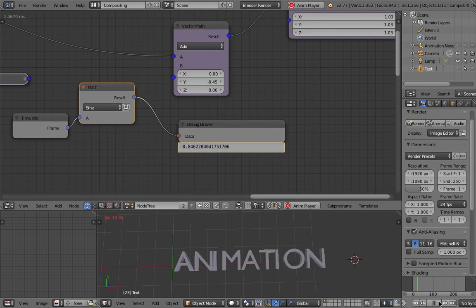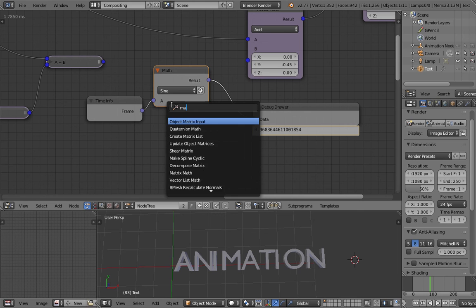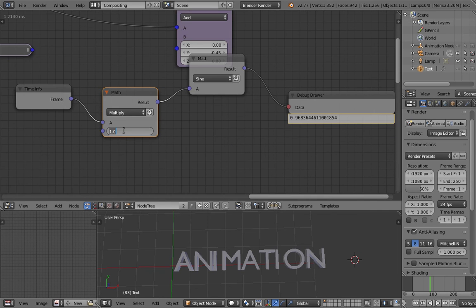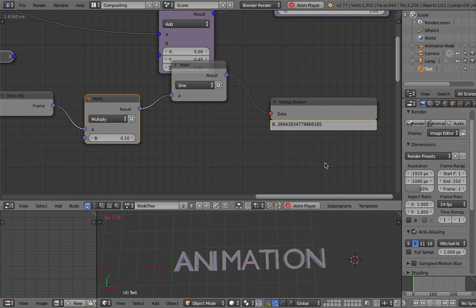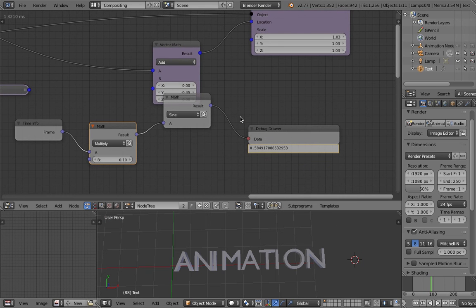See the value going up and down really quickly. I could slow it down, math, slow it down like 0.1. It goes up to 1 and then goes down to -1 and goes up again to 1. That's a sine. It's a basic function,